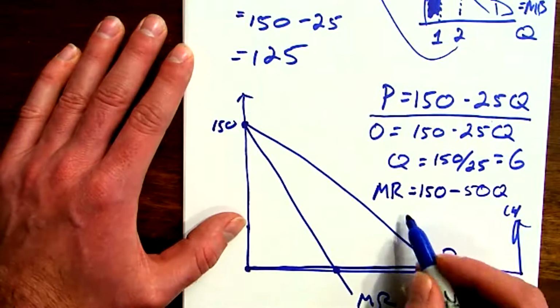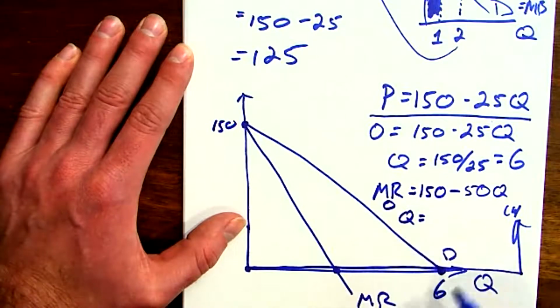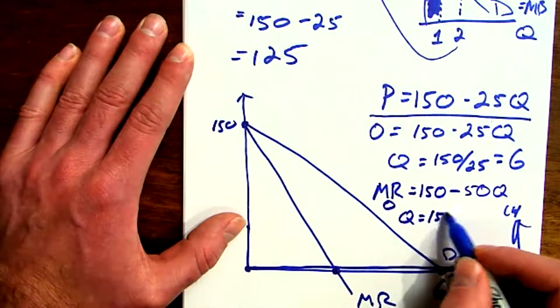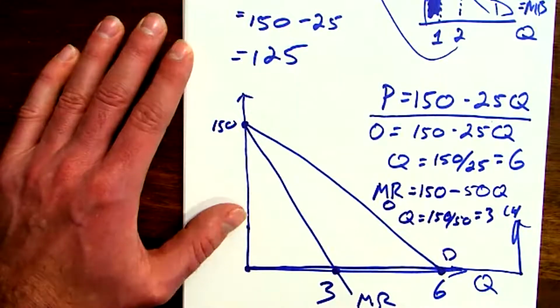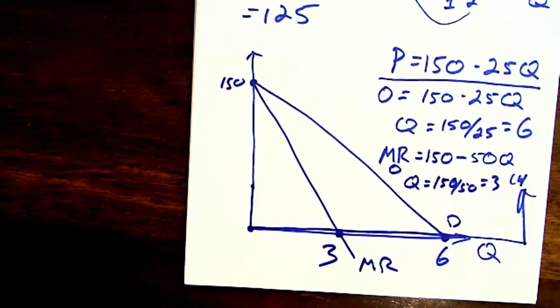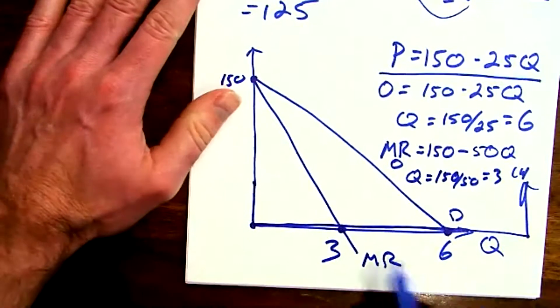I could then do a little bit of algebra here and find the quantity where marginal revenue is equal to 0, right? Where it hits that x-axis is 150 over 50, or 3. And in all these linear demand problems, and I'm always keeping demand linear in these examples,